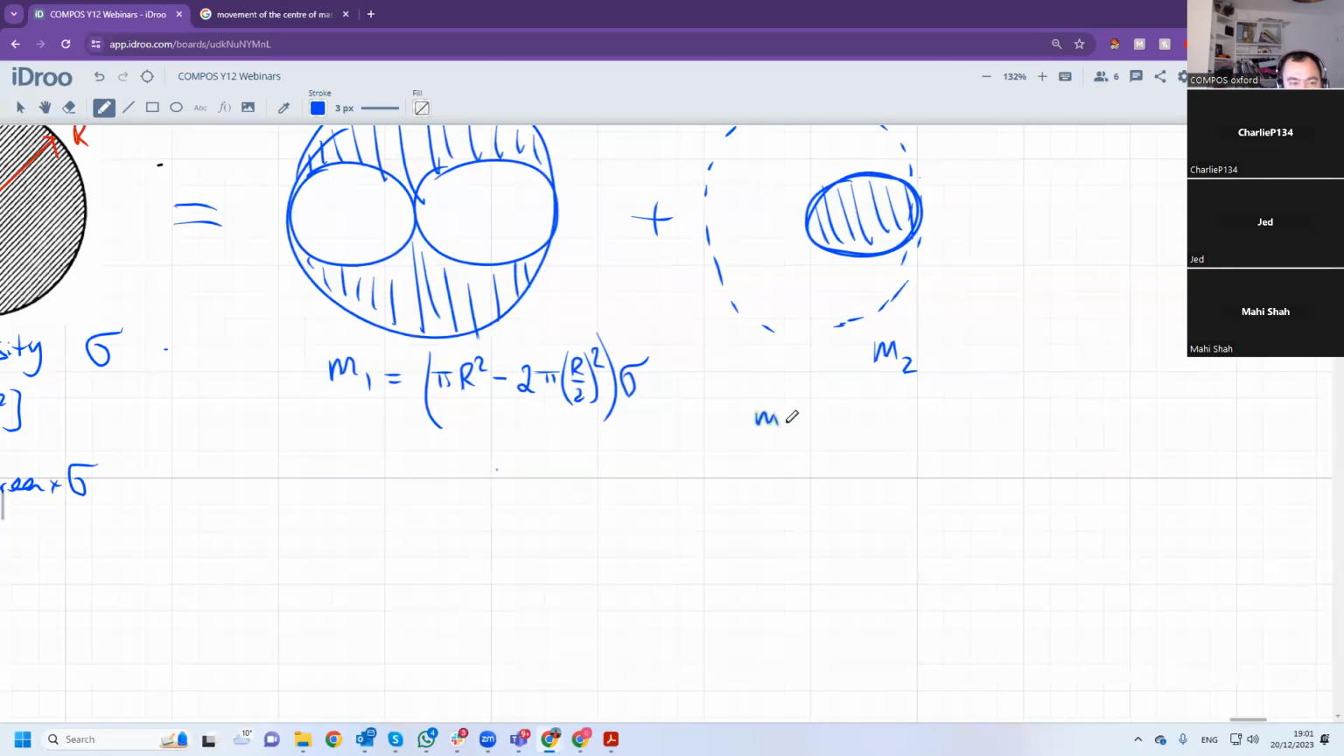So M2 is the area, which is pi (r/2) squared, multiplied by sigma. So it's quite straightforward. I'm going to simplify this. So M2, or should I? Yeah, I should. It's pi r squared minus